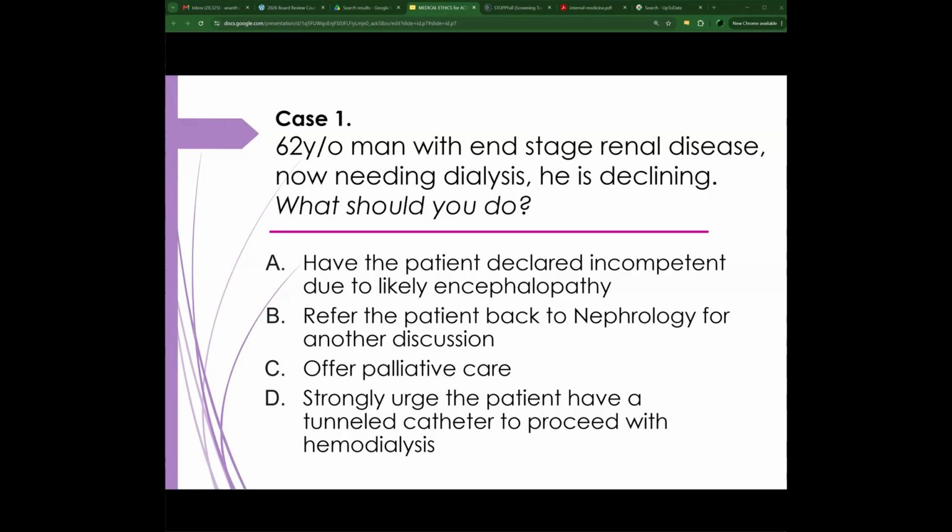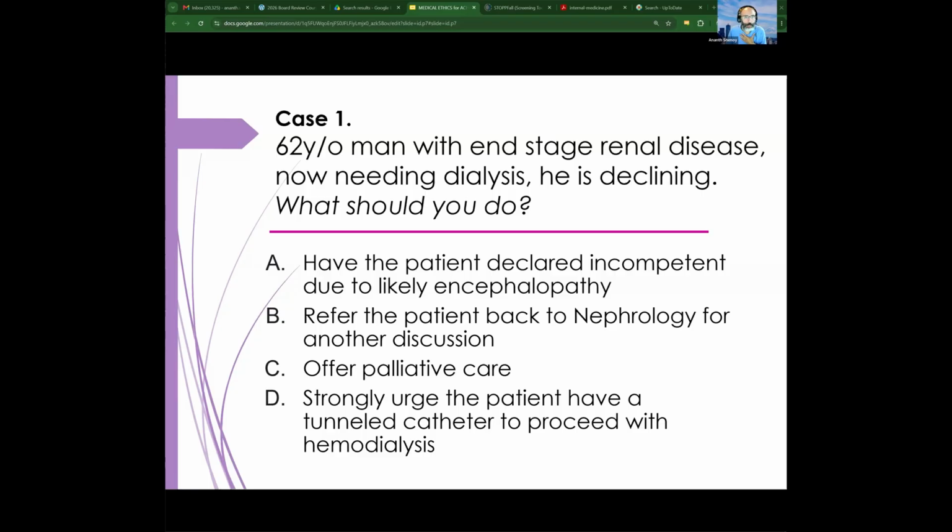Do you see the poll? Not yet. Okay, I can see the poll and it looks like no answers, so I'm guessing our attendees are not able